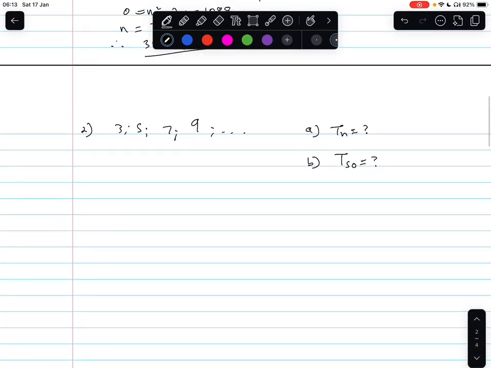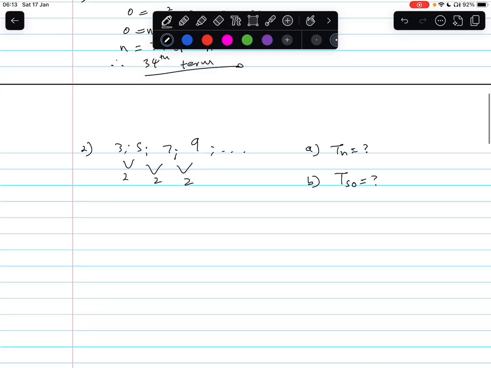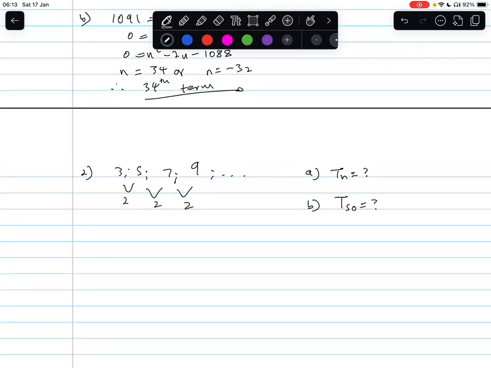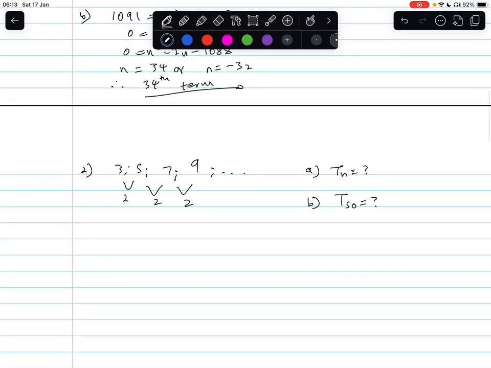So now, this one here, I think it has to be arithmetic. Let's see, 5 minus 3 is 2. 7 minus 5 is 2. 9 minus 7 is also 2. So for an arithmetic sequence, the first difference is common. And the general formula is Tn equals a plus (n minus 1)